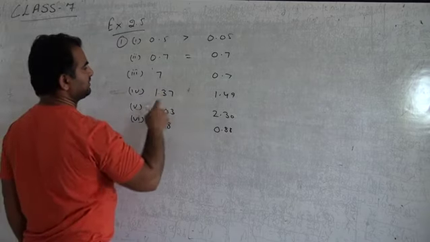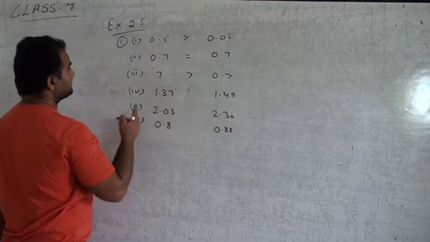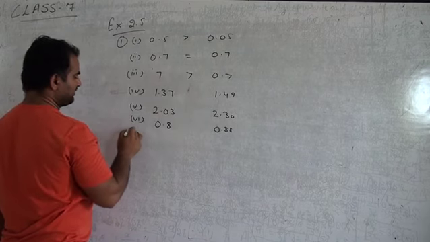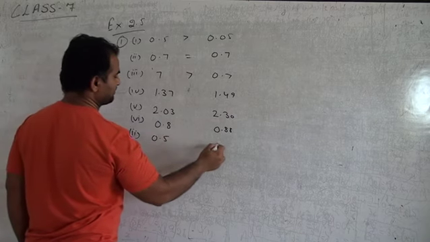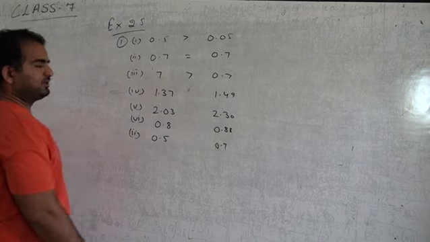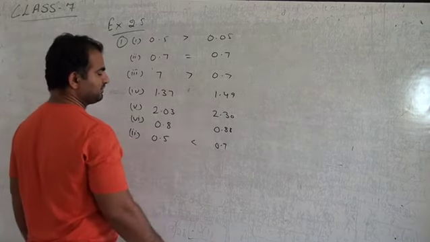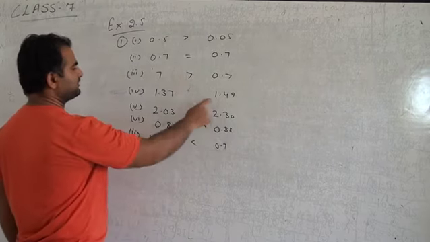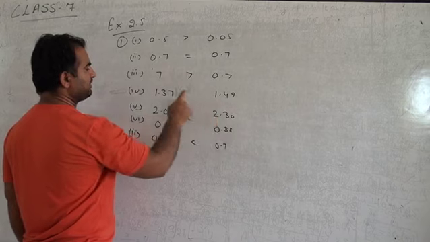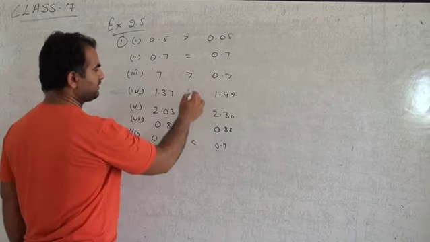Next, 7 and 0.7. Which one is bigger? 7. Okay, listen class. I forgot to write one question. It was 0.5 and 0.7. So what you can do is check which one is bigger, and you must say that 0.7 is bigger. In both of these the whole number is the same. There are 3 and 4. Then which one is bigger?